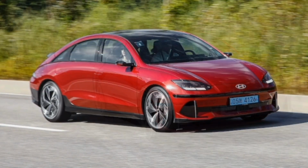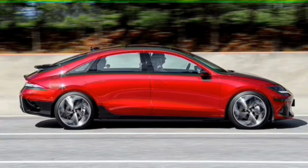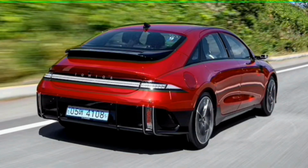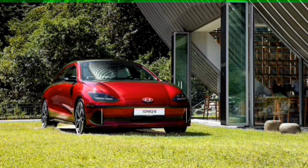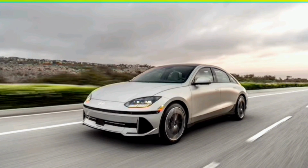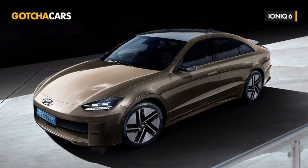An Ioniq 6 SE long-range RWD trim has a range of 361 miles, beating the longest range available in a Tesla Model 3, 356 miles. Though the Hyundai doesn't beat the Tesla by much, it's still a win. Another win? Per Hyundai's official pricing for the 2023 Ioniq 6, it'll undercut Tesla's popular sedan, even after recent price reductions, in base form. The rear-wheel drive Ioniq 6 SE standard range starts at